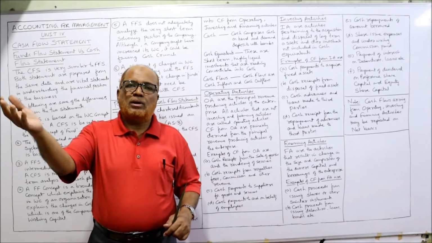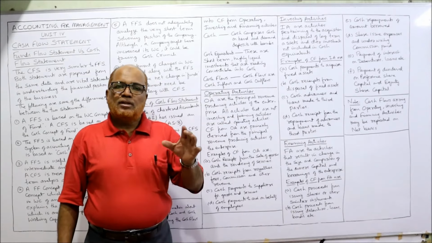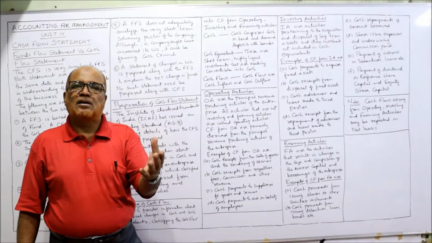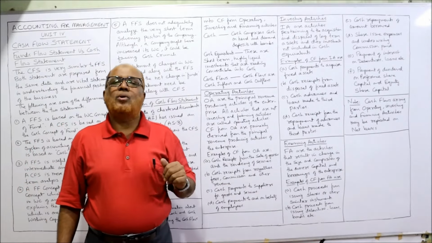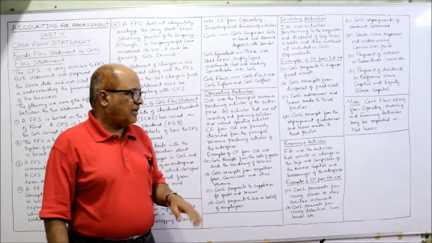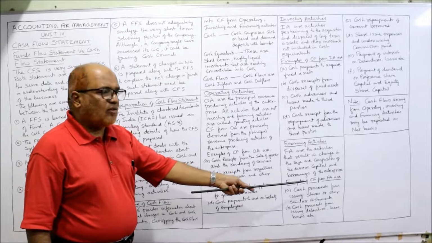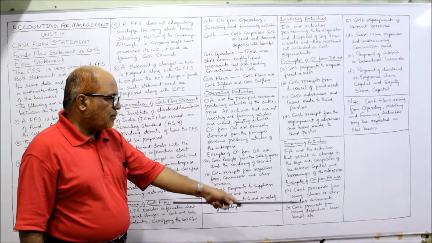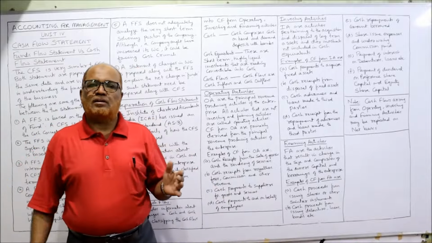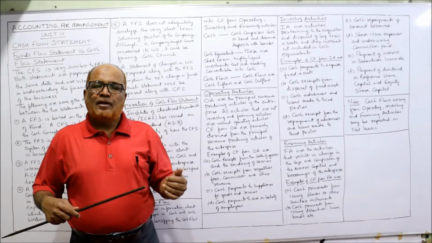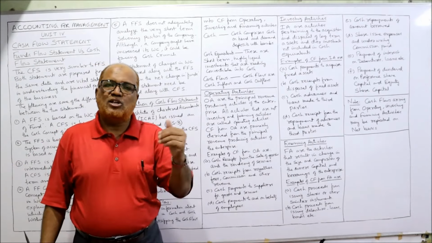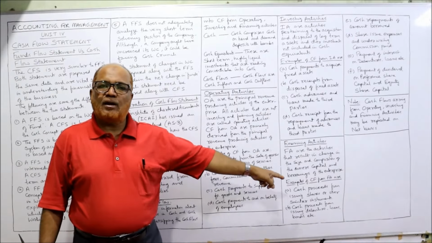Similarly, a company will borrow the money from the bank. So these financing activities are those activities which are concerned with the changes in the size and composition of owner's capital and borrowing of an enterprise. Now, examples of cash flow from financing activity: cash proceeds from issue of shares and other similar instruments. The company will issue the shares and raise the money. So the proceeds received on issuing the shares or any other similar instruments, the money received will come under financing activity.